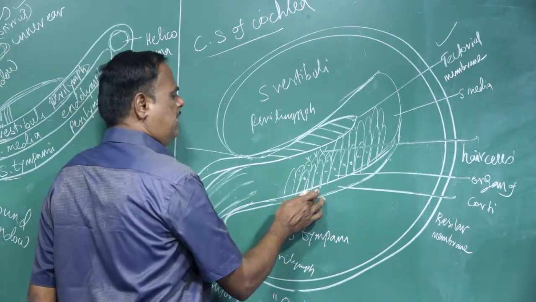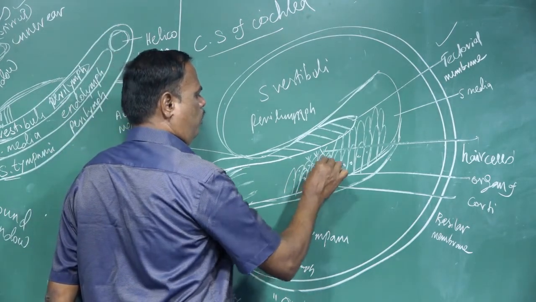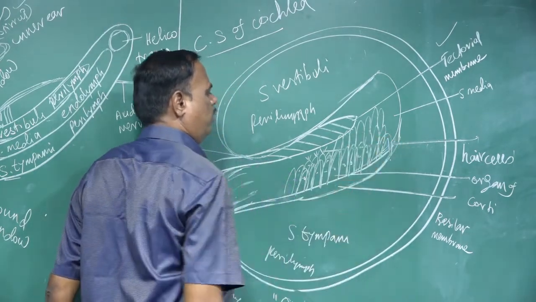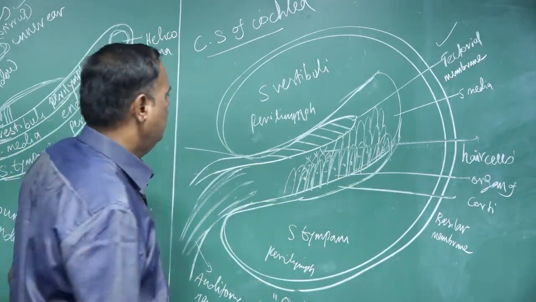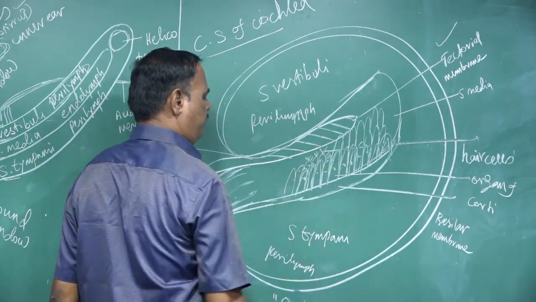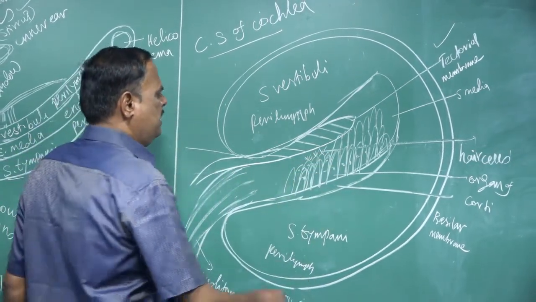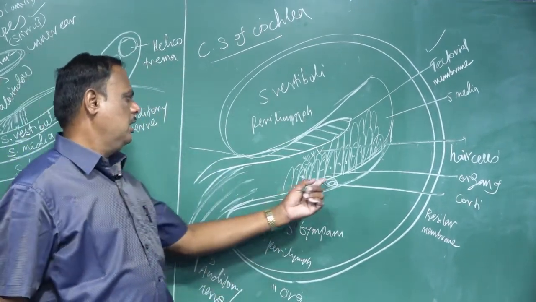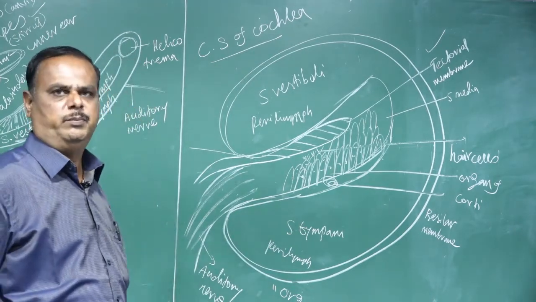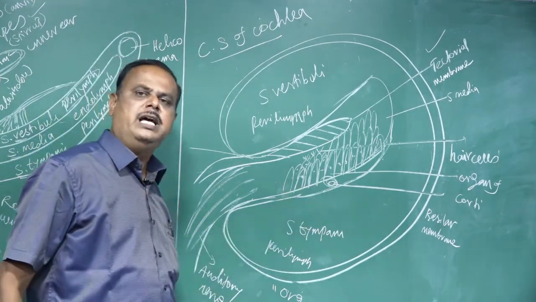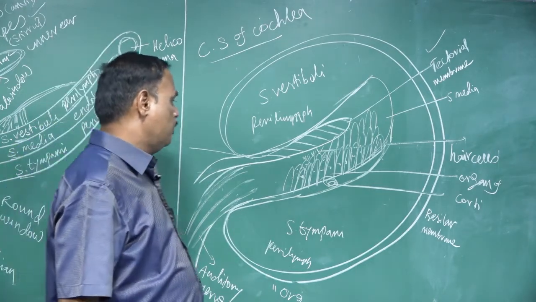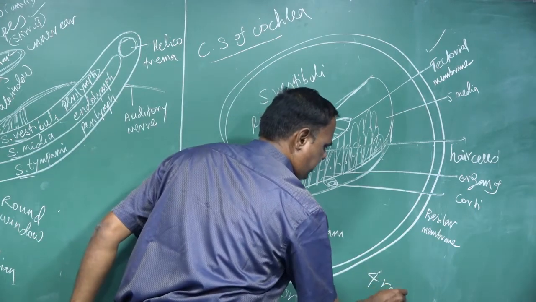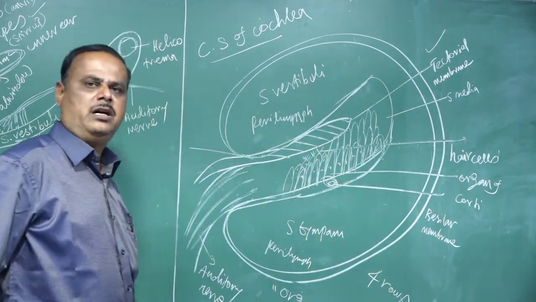On the surface of the basilar membrane, four rows of hair cells are present. The tips of the hair cells are where the hairs are. On the basilar membrane is the actual hearing organ, the organ of Corti. How many rows of hair cells are present in the basilar membrane? Four rows of hair cells are arranged on the basilar membrane.